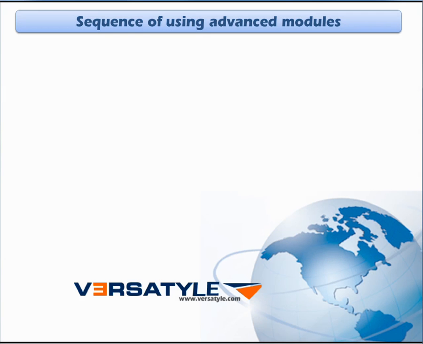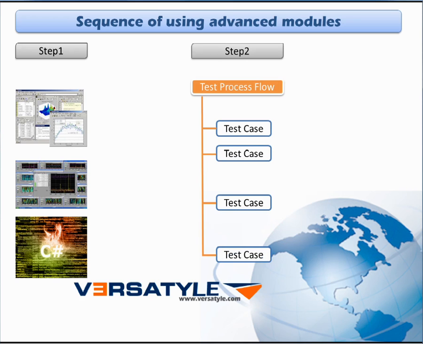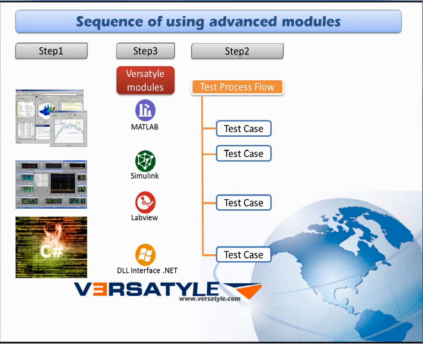The 4 main sequences of using advanced modules. Step 1. Run your simulation through MATLAB, LabView, or create your DLL files on C#, C++, or C. Step 2. Create your process flow test cases through Versatile Test Tree Process Flow Management. Step 3. Using Creator, use MATLAB, Simulink, LabView, or DLL interface to create a liaison between your process flow and